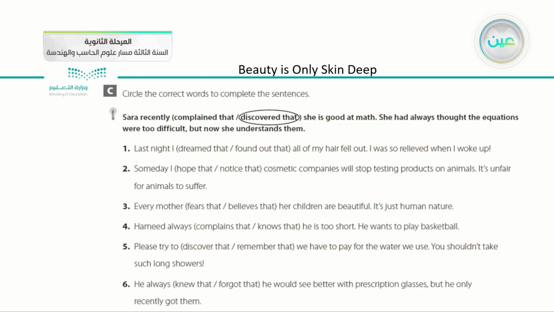Then we move to the workbook. In the workbook, we have exercise C. Circle the correct words to complete the sentences. Here we have words or verbs